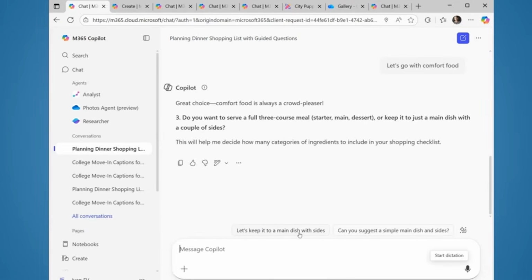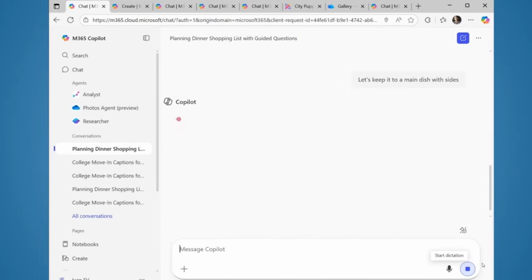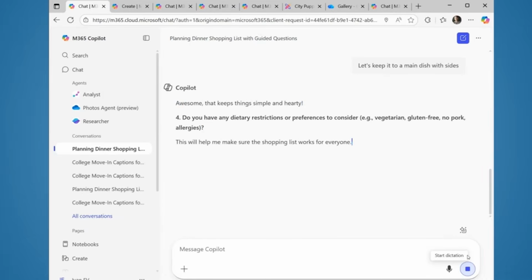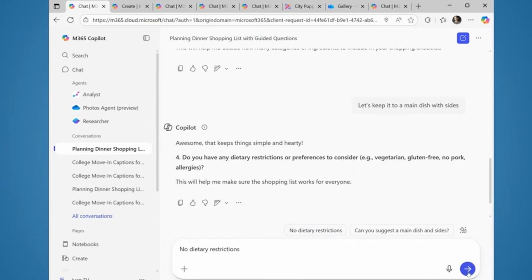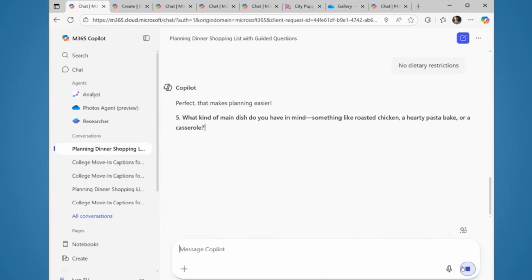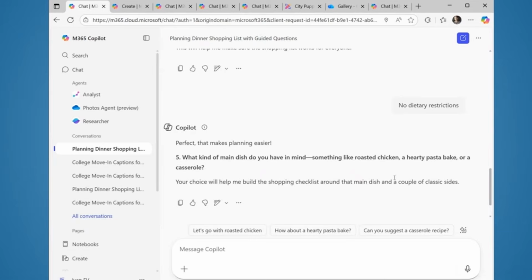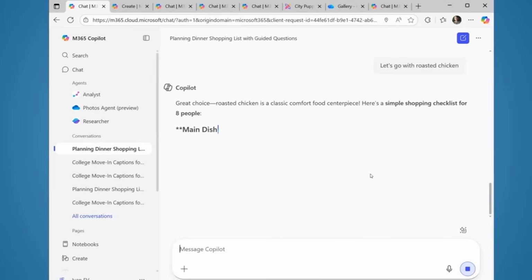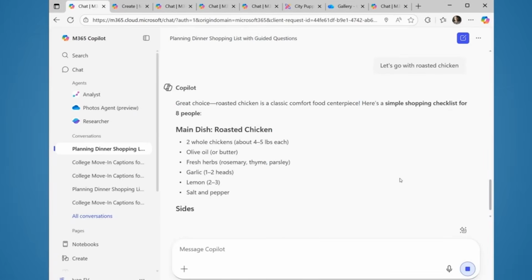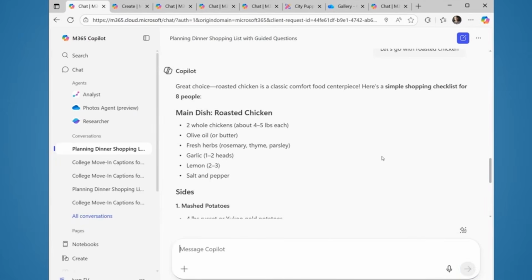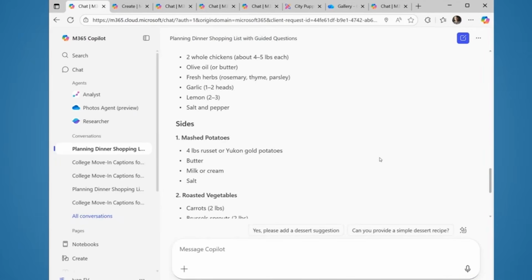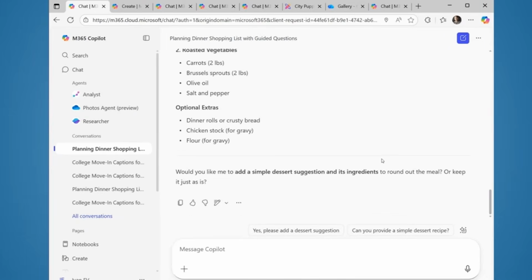And let's keep it to a main dish and some sides. No dietary restrictions that I know of. Let's go with the roasted chicken. And so here it gives me a simple list. And then it continues to ask me questions,